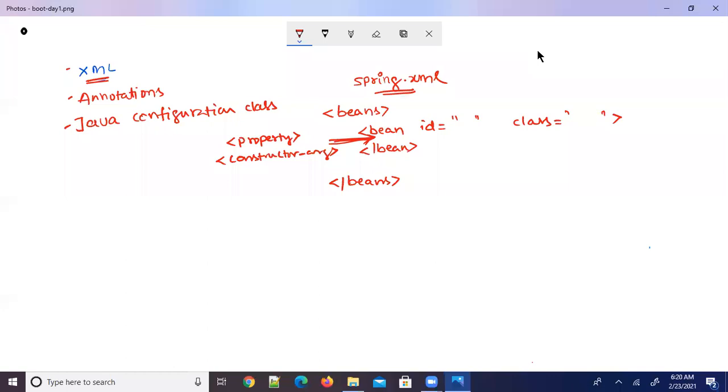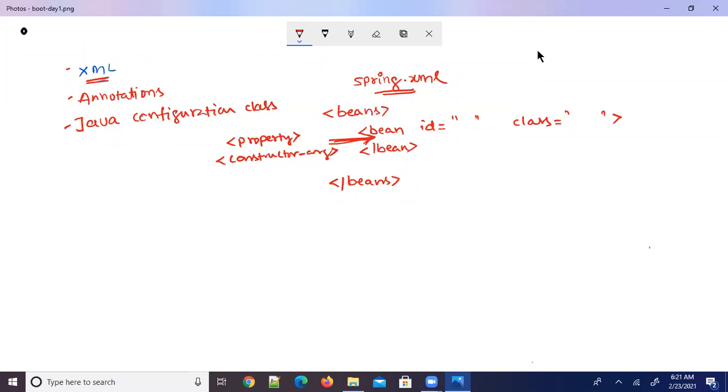This is called writing the Spring application configuration in an XML file. So this is the way we write the Spring Beans configuration file. Of course, there are multiple other tags, but writing the Spring configuration file is generally a little bit easy.